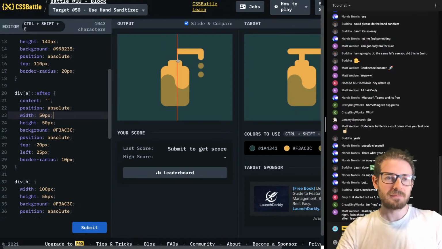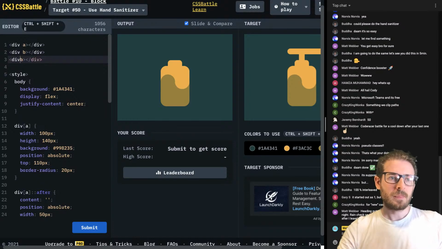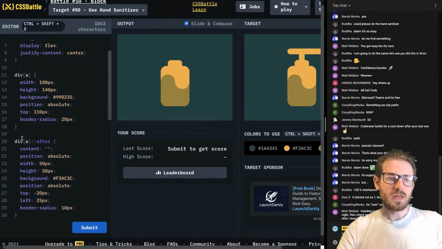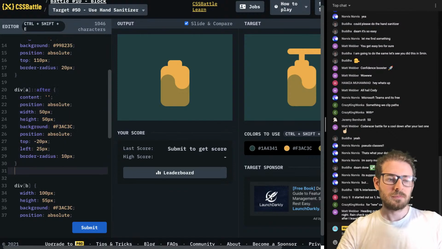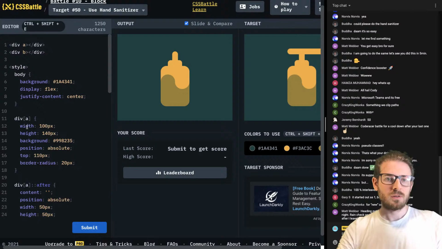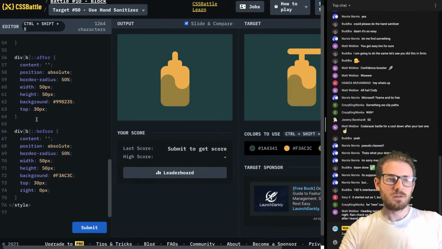All right, later, Matt. All right, so let's add a rectangle here. Let's just add a new div because I think we used all the pseudo selectors. I guess I could have done it before. All right, so on the A, let's do it before. Put up some. Change the width to like 20. Over some. That looks pretty good. You can add another one, C, and that could be